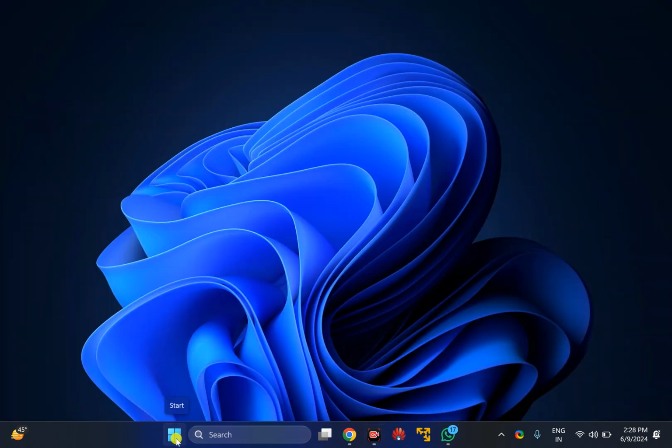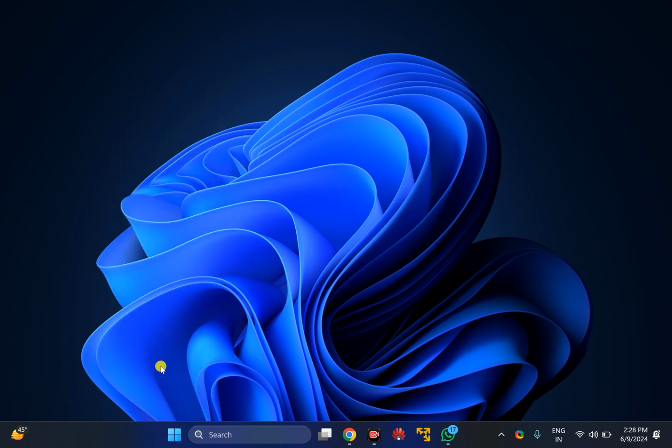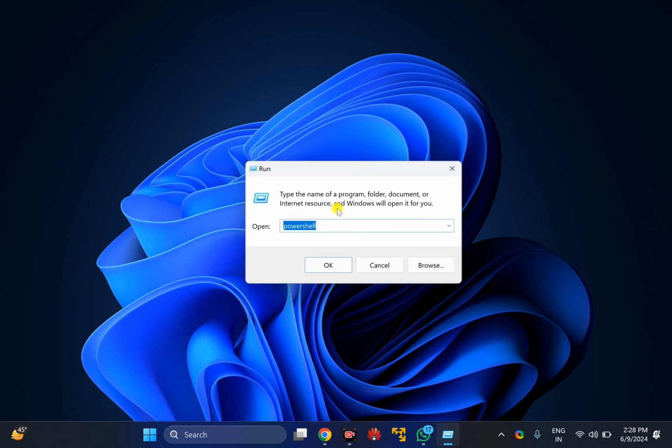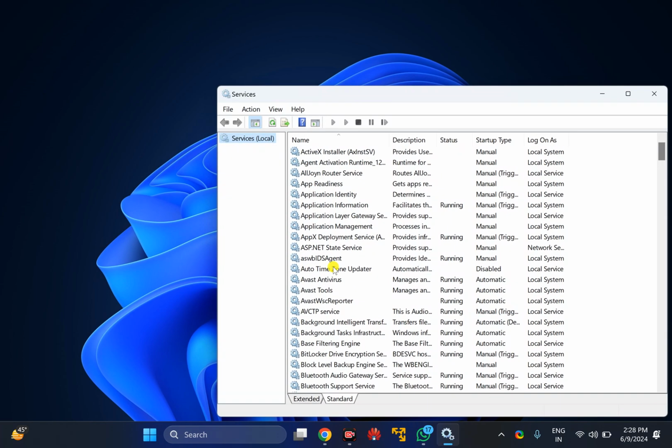Now right click on the Start button and select the Run option. In the Run dialog box, you need to check some services. For that, type services.msc and then click on the OK button to open the Services panel. Here you need to check Windows Update service.